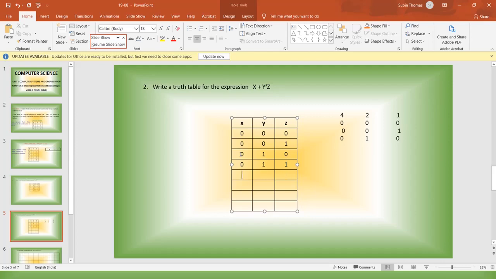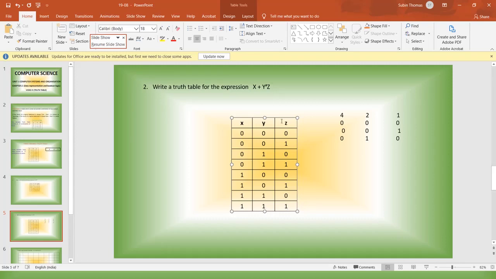Now you will get it without writing it out. Next number is 4. How will you get 4? 1 0 0. Now how will you get 5? Where will you place 1? This place you place 1, this is filled with 0 and here it is 1. And next is 6, 1 1 0. You can write this 4 2 1 on the top of the table itself, then also you will get the answer. Now the next combination 1 1 1. So these are the combinations of input values for a 3 variable truth table.